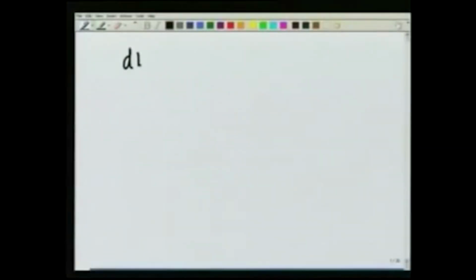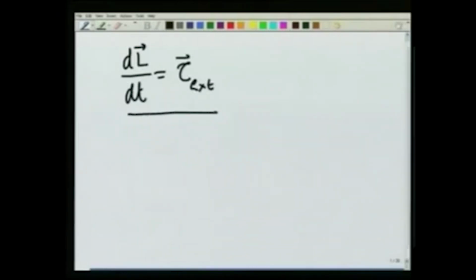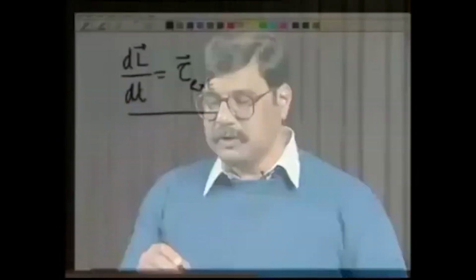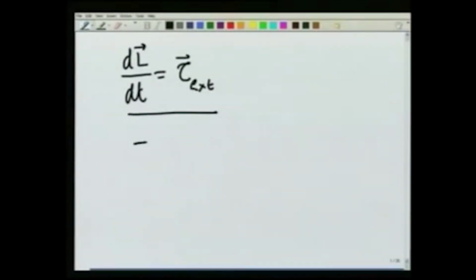In the previous lecture, I have shown you that rigid body dynamics is described by this equation, and we applied it to certain situations in which omega was a constant. Not only was it a constant, its components along the principal axis were also constant. In that case, we saw that dL/dt